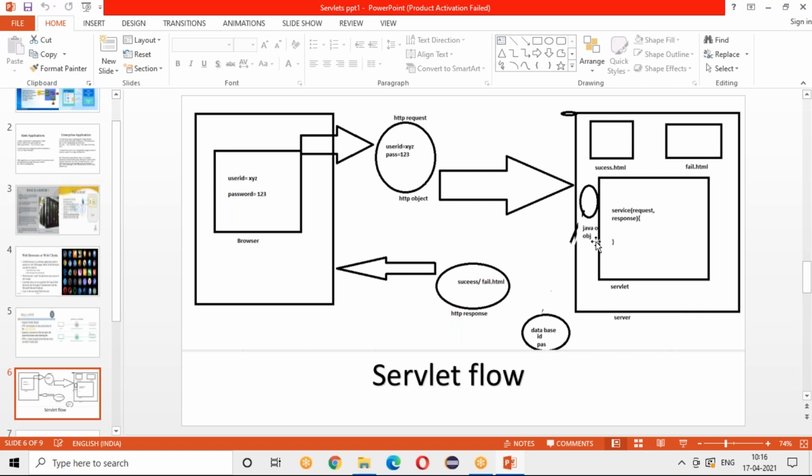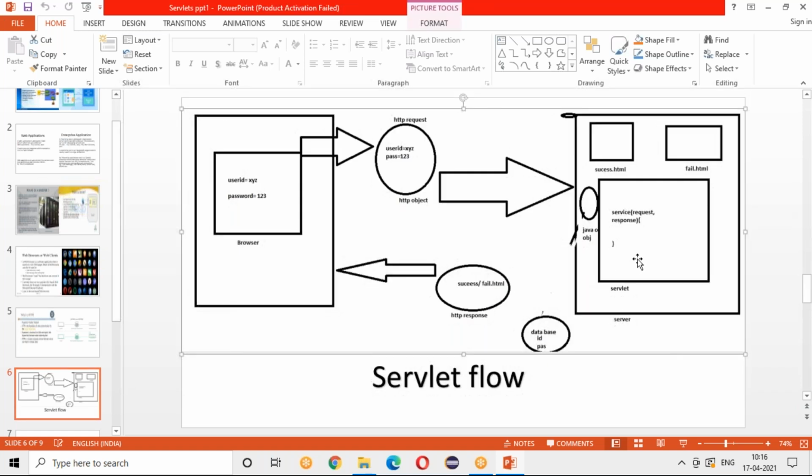If it does not match, what will it send? It will send failure. So some response will be formed, and as I told you, whenever the response has to go to the browser, just as the request came in the form of an HTTP request, the response should go in the form of an HTTP response.